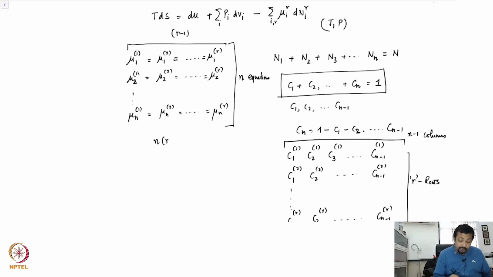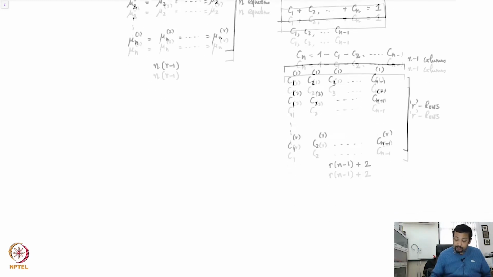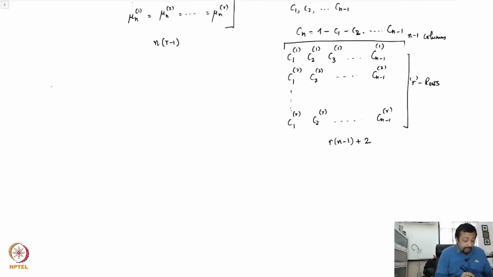So your constraints are n times r minus 1, and if you denote f as the number of degrees of freedom that can be independently varied,